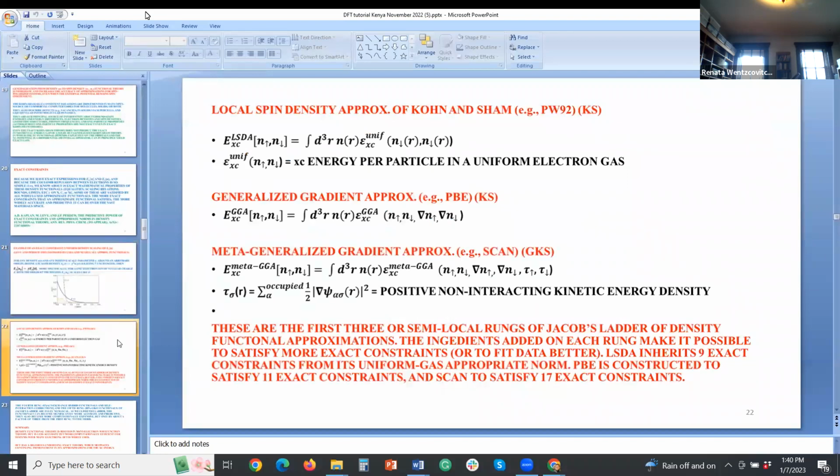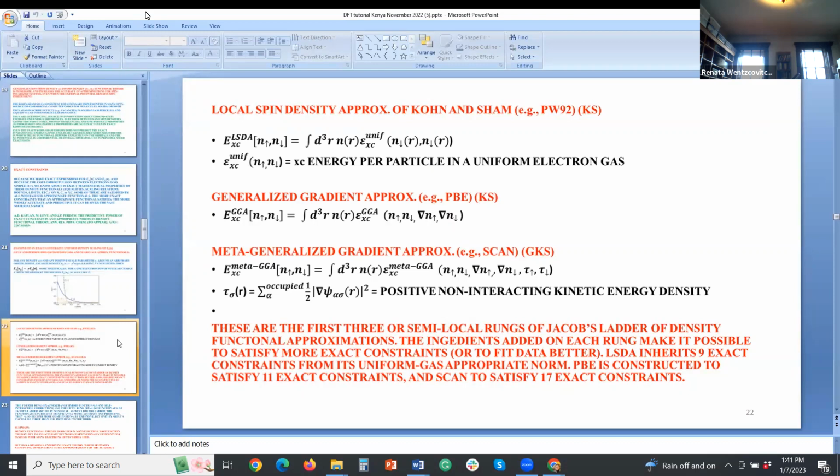Now I want to take you through the first 3 rungs of Jacob's ladder of density functional approximations. This is a classification scheme for density functional approximations. And the lowest rung is the local spin density approximation, which was made by Kohn and Sham in 1964, 65, I guess. The input that we like to use for this one is the Perdew-Wang 92 input. The LSDA exchange